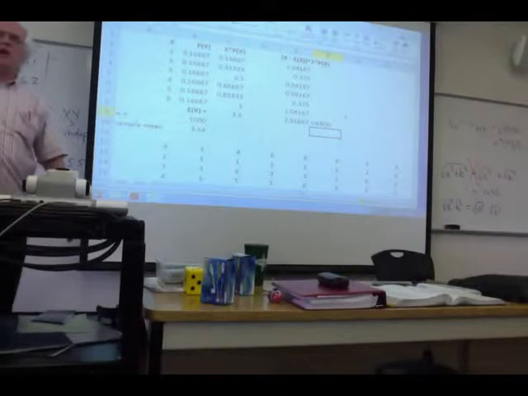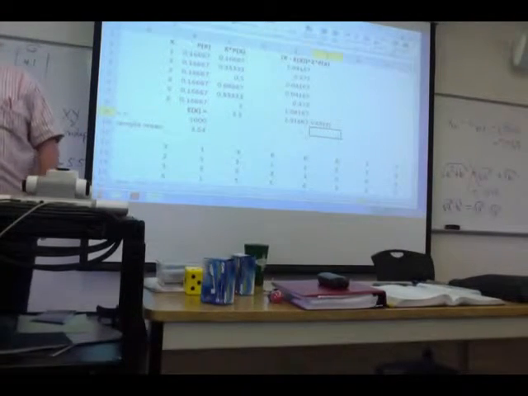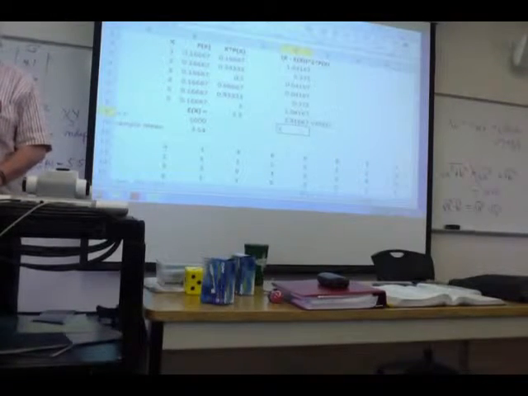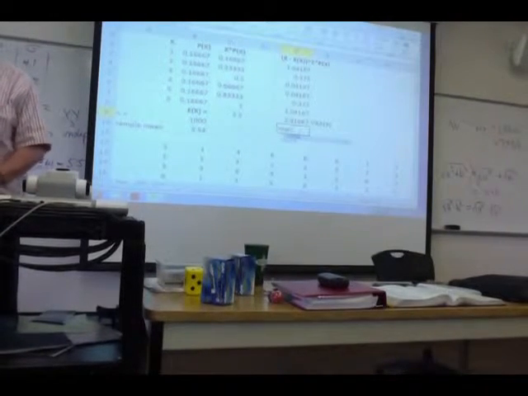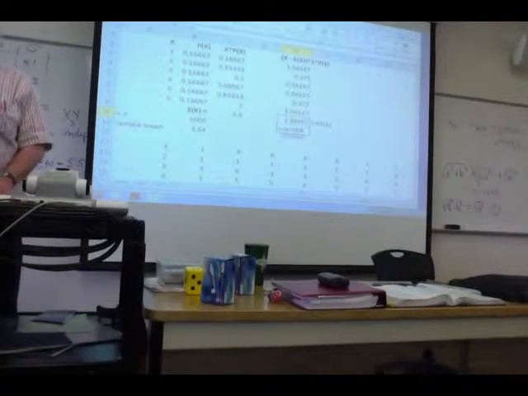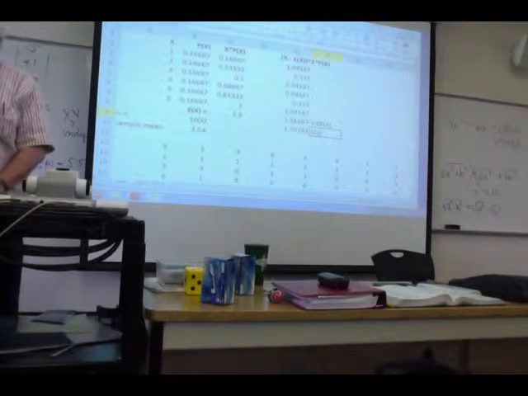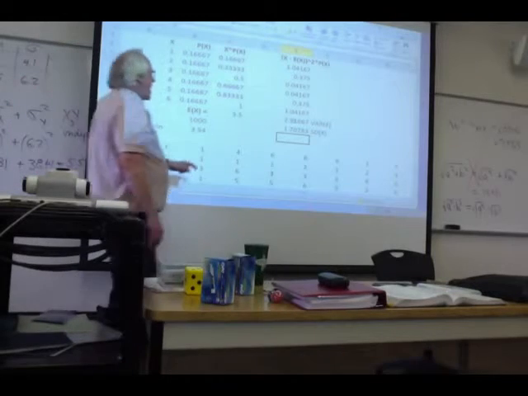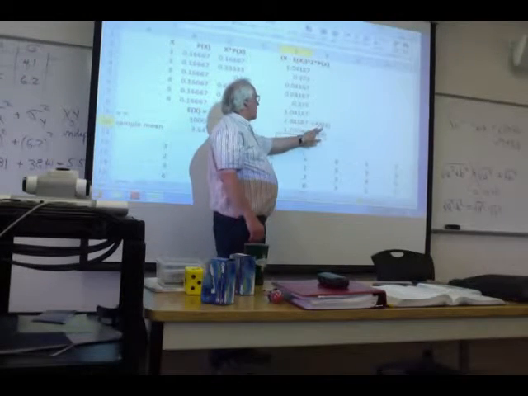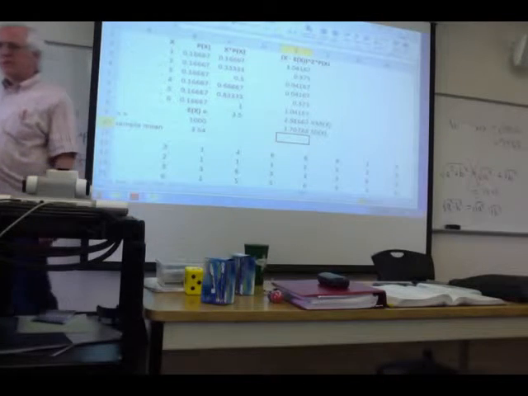What's the standard deviation of x? It's nothing more than the square root of that. So I'm going to type equals SQRT, square root of this value, and that's nothing more than the standard deviation of x. So this is my sigma squared, that's my sigma. All right, now,